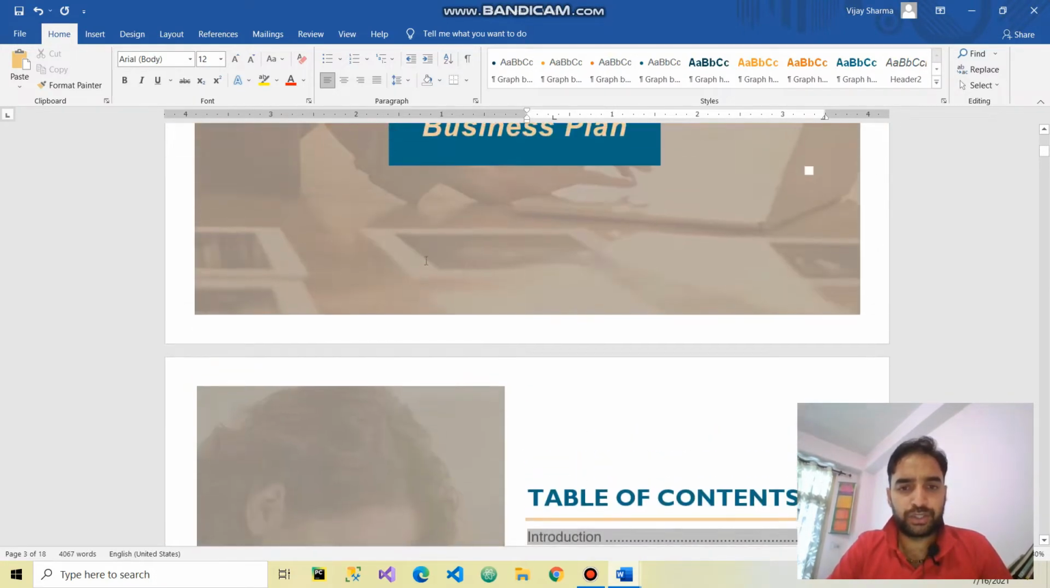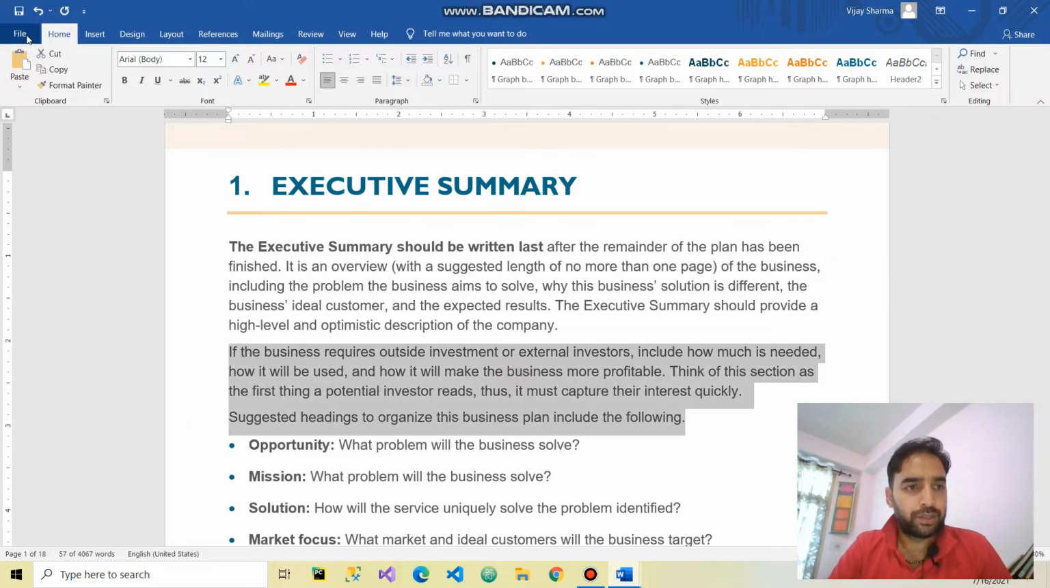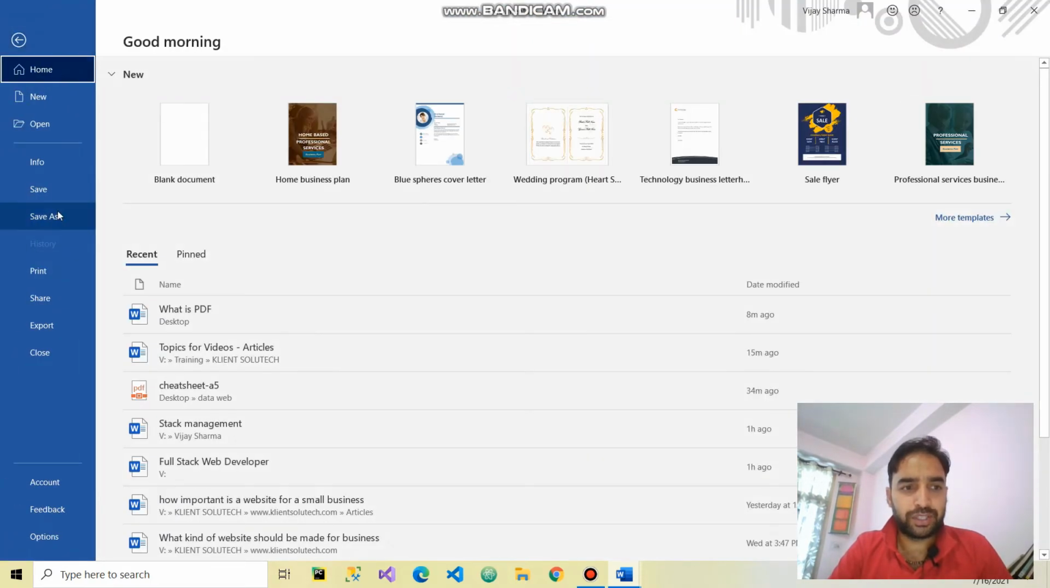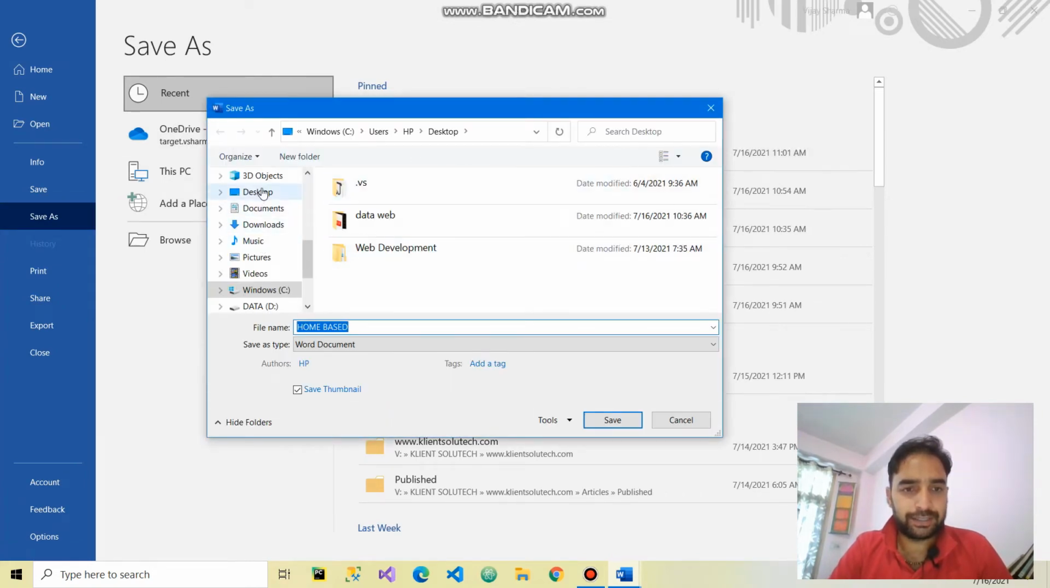For example, this is your document and you want to save it as a PDF. So click on File and click on Save As. After that, select the place where you want to save it. For example, in this we select Desktop to save it, and then select the Desktop option, and now name it PDF document,